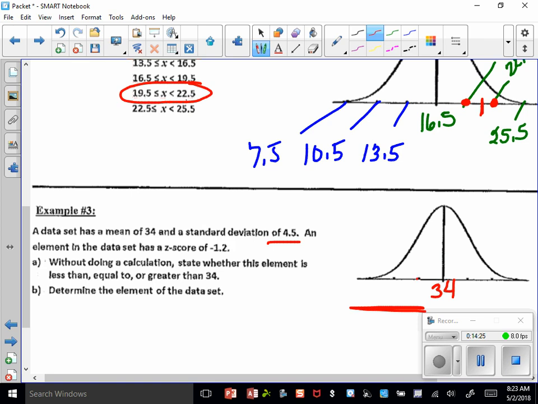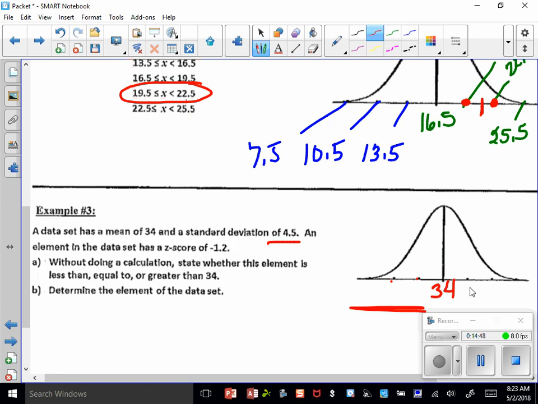Because this is -1, this is -2, and so on. So if the z-score is a negative 1.2, I have to be somewhere in here. Because here's -1 right here. Correct? So the question is, without doing any calculation, would this element be less than, equal to, or greater than